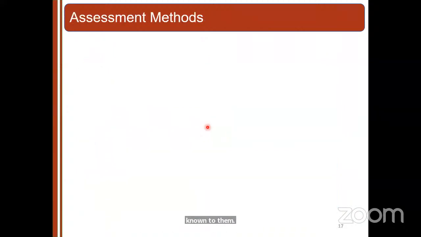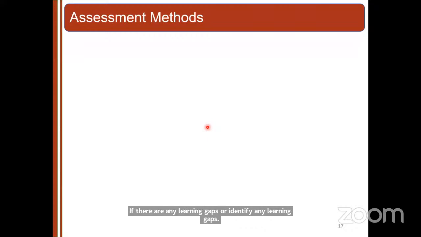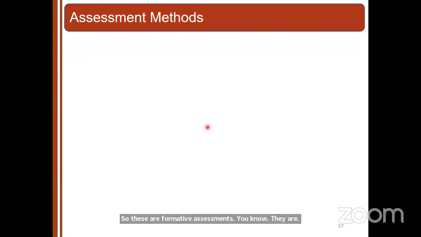So what are the assessment methods that we have? The assessment methods that we have, generally, are divided into 2 parts. They are called formative assessment and summative assessment. Formative assessments are generally carried out throughout an instructional period, which helps the students and instructors to monitor their progress and, very importantly, identify any learning gaps. So these formative assessments are much less structured than summative assessments.